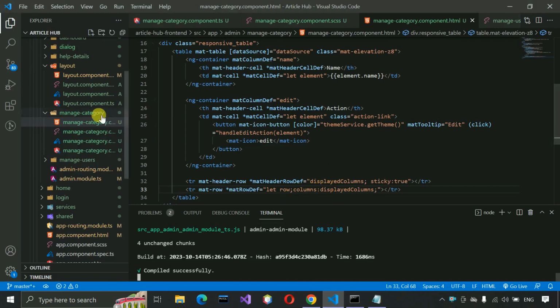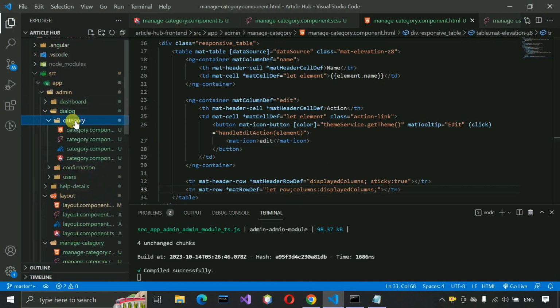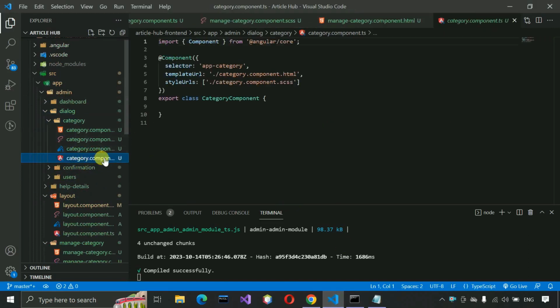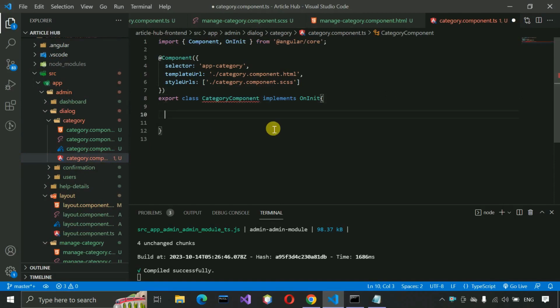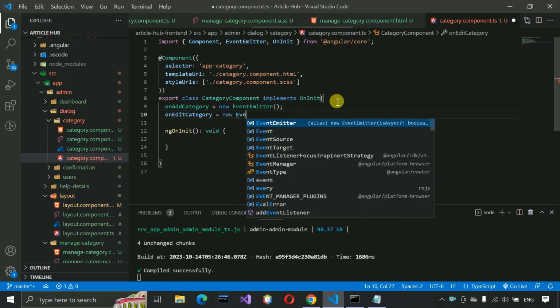Now we have to move to the dialog folder. Inside the dialog folder we have a category component which we have generated earlier. So now we have to move to the category component, and here we first have to implement OnInit, and here we just write ngOnInit, this one, and then we are going to create some of the variables or emitters. So here onAddCategory is a new EventEmitter, this one, and onEditCategory is a new EventEmitter, this one,